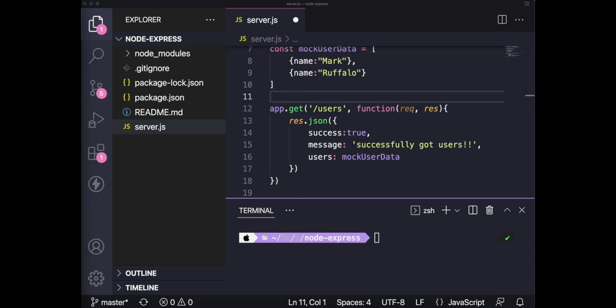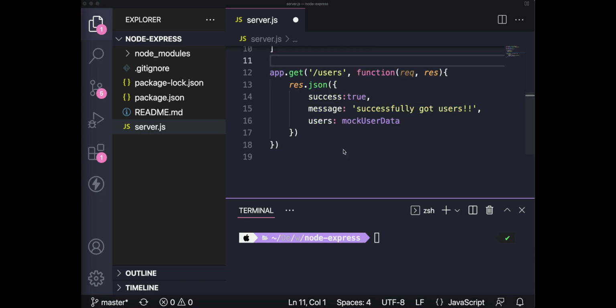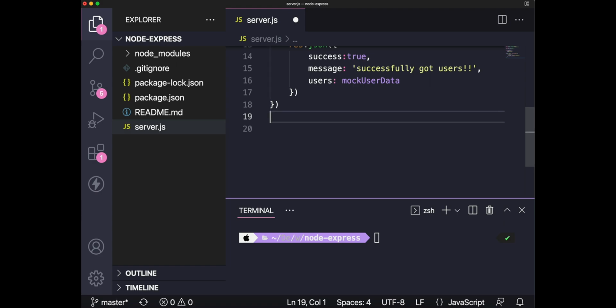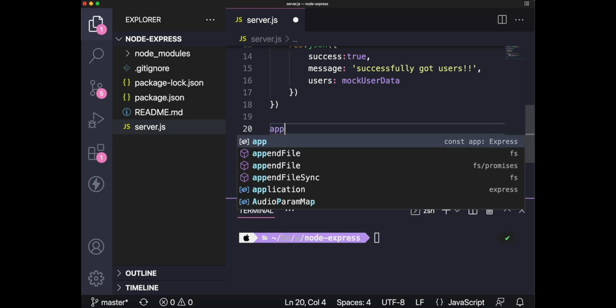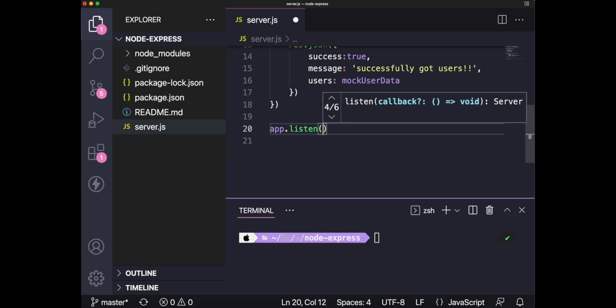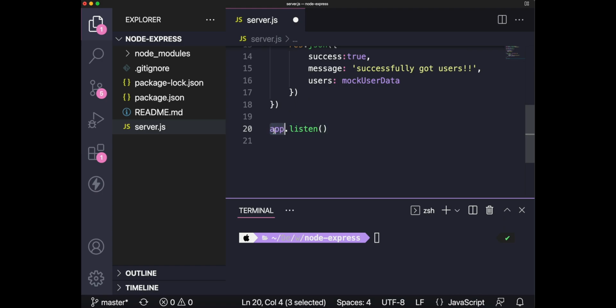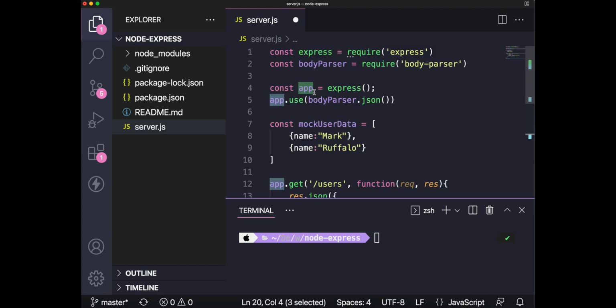It's not going to work because we forgot one last thing, which is our main configuration, which is listening to the port. As we're creating an API endpoint, we need to specify which port our app is going to be listening to. So in our case, I'm going to use app.listen. As you could notice already, app involves everything, because when you make the instantiation of Express to app,